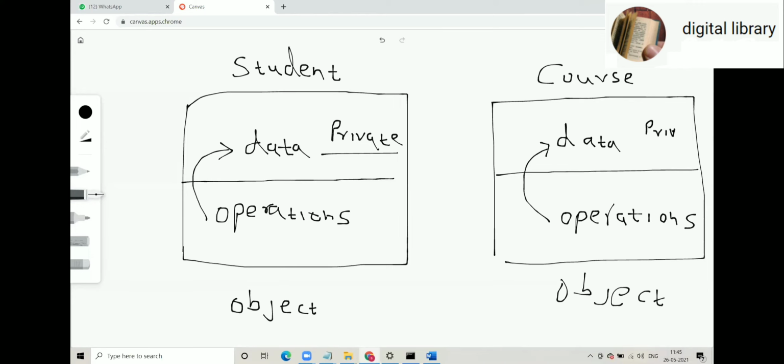Students' data cannot be accessible to course and vice versa. Course data will not be accessible to student. So this is what object-oriented programming means. So if you compare procedure-oriented programming and object-oriented programming,